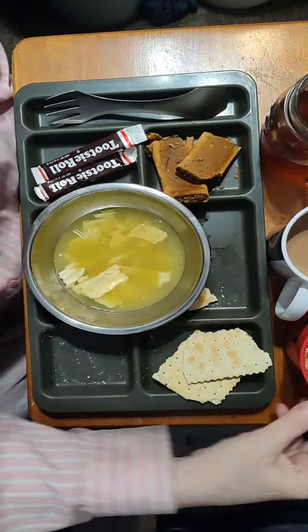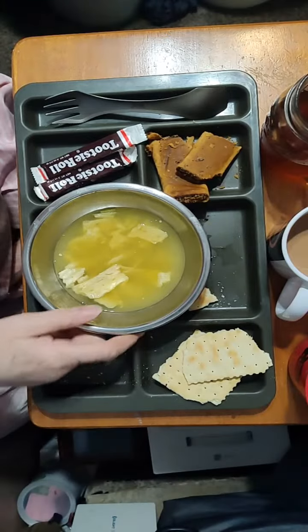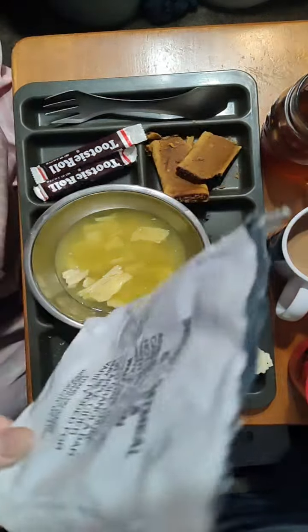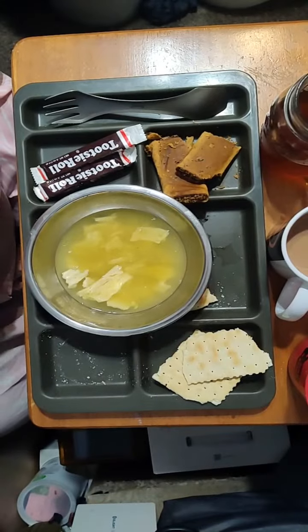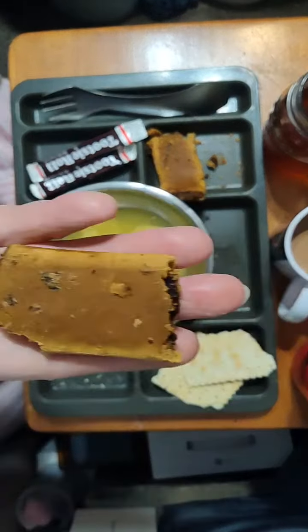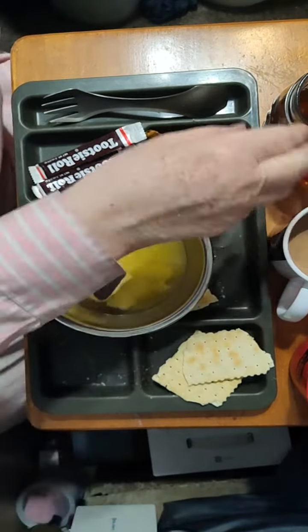So I have the apple cinnamon oatmeal. This is a Lipton cup of soup. Actually put one of those packets inside of a bag like this. This happened to be the oatmeal bag. They double packed the oatmeal. The oatmeal was inside of another bag. And then this is Fig Newtons, basically. The orange drink